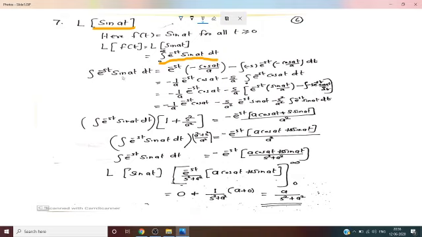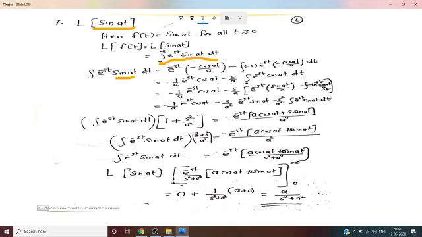t dt. So, Laplace transform of sin a t equal to integral 0 to infinity e raised to minus st sin a t dt equal to e raised to minus st first function into integral of the second function, that is sin a t, that is minus cos a t by a. Integral of sin a t is minus cos a t by a minus integral of the derivative of e raised to minus st, that is minus s e raised to minus st into integral of sin a t, that is minus cos a t by a dt.